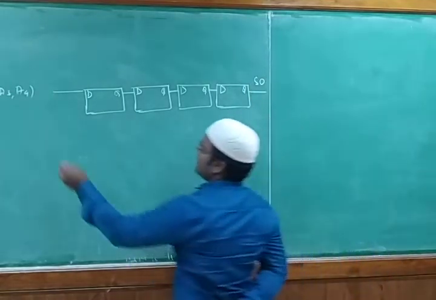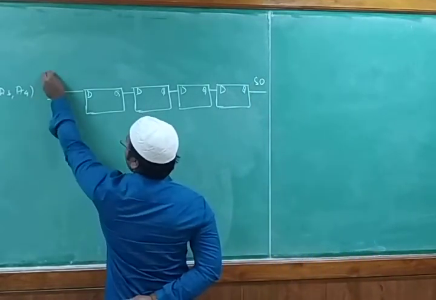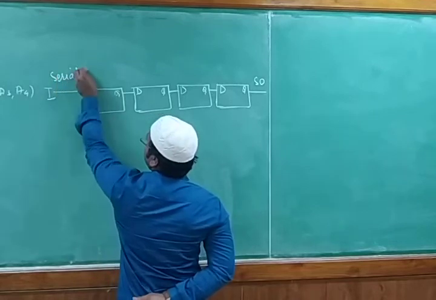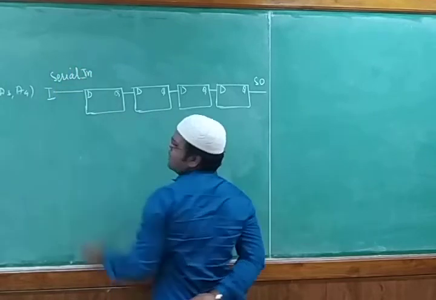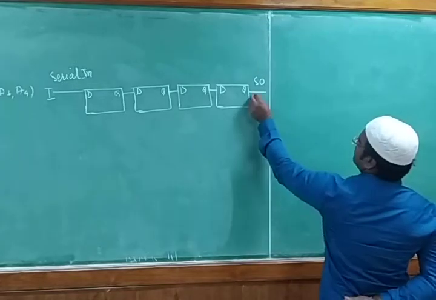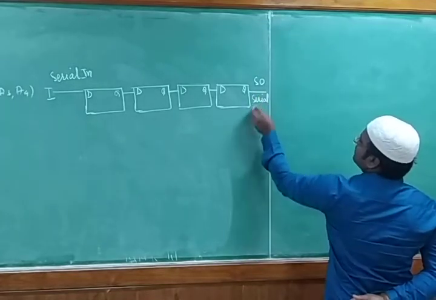What input are we giving? The input we are giving is I. This is what? Serial in. So this is in serial form, we are giving serial input, so we are getting the output in serial form, that is serial out,